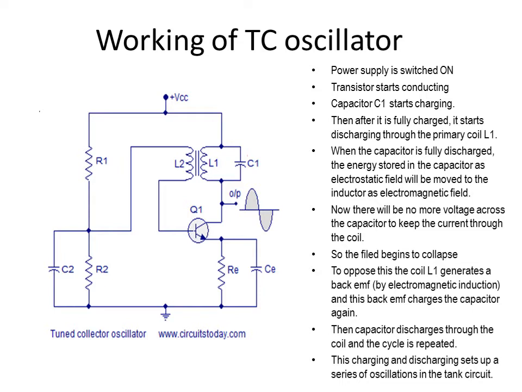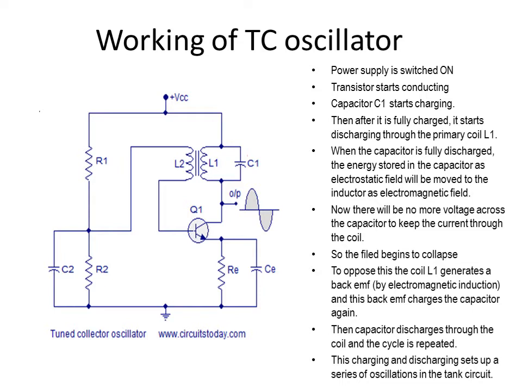So here we actually start by turning on the VCC, which is the supply voltage, and when you do that, you will be actually charging the capacitor C1. C1 is part of the tank circuit, so when VCC is turned on, it will charge the capacitor C1. As we have seen earlier, you will have to explain the charging and discharging of the capacitor C1 through L1, which will generate oscillations. So that I am not explaining again.